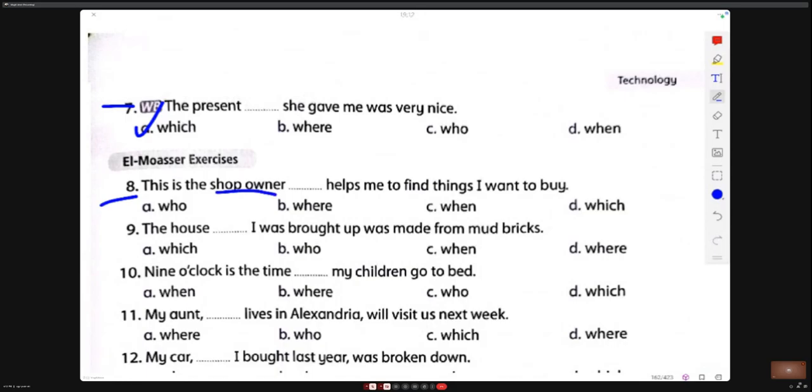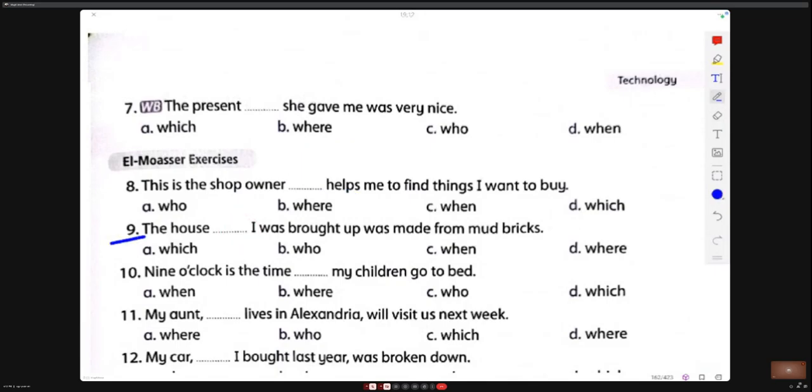Shop owner, who. A human, so we cannot use which. Can we use that here? Yes, that is correct. Who is correct. Can we use whom here? No, because we have a verb.